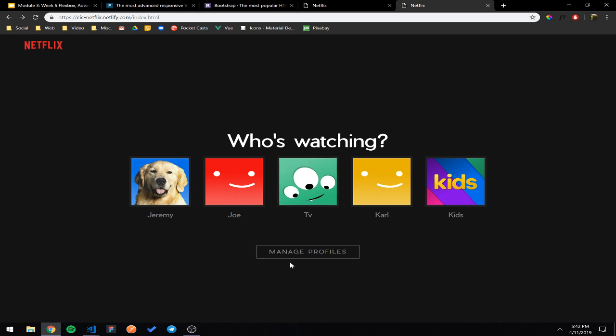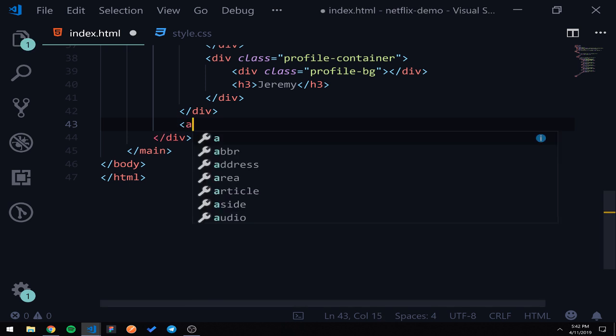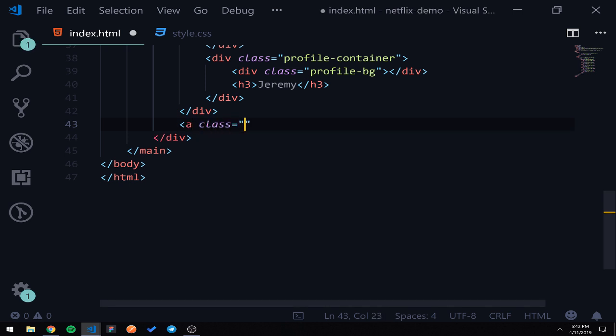So now for the button, you can see that we want this centered within the page, but we already have a container on the whole page that is centering our items. So we can include that right in that container that we already have. So I'm just going to do class